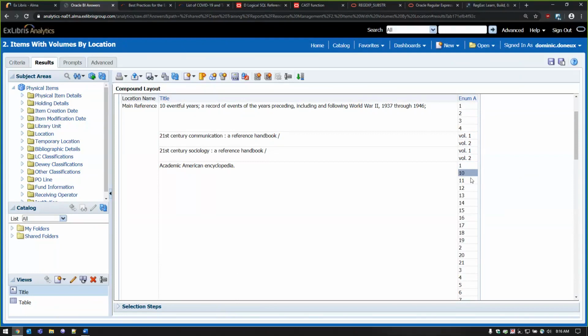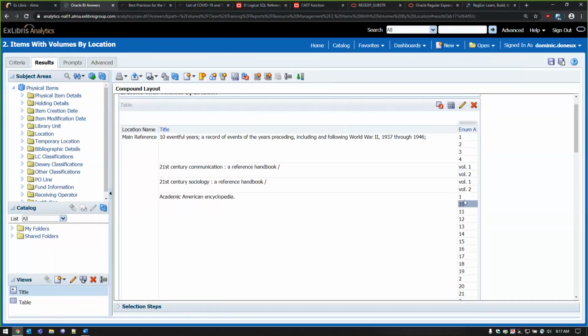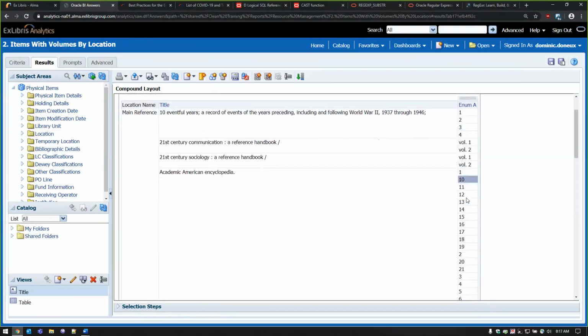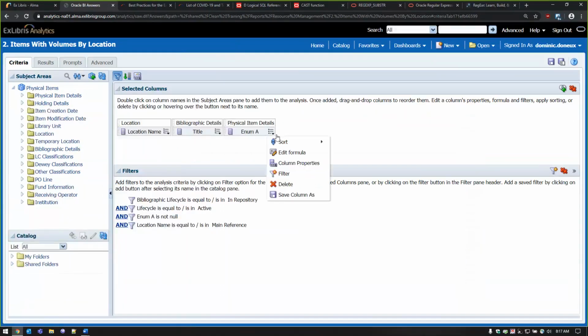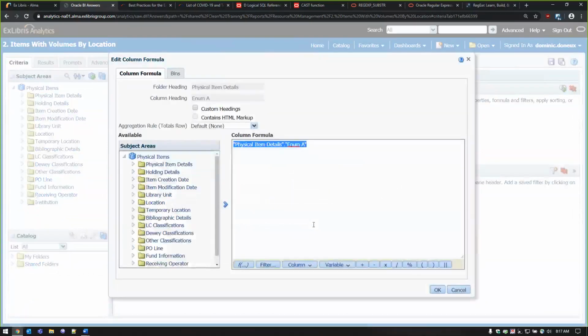So let's correct this problem using functions in analytics. There's a number of different ways we could approach this. We're going to show one in this presentation, but we have some other examples that are shown in that accompanying document that I mentioned earlier. So if I go to criteria and then go to edit formula for the enum field, and go to our function menu,